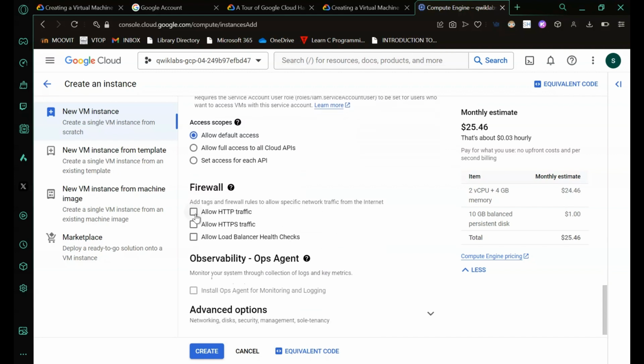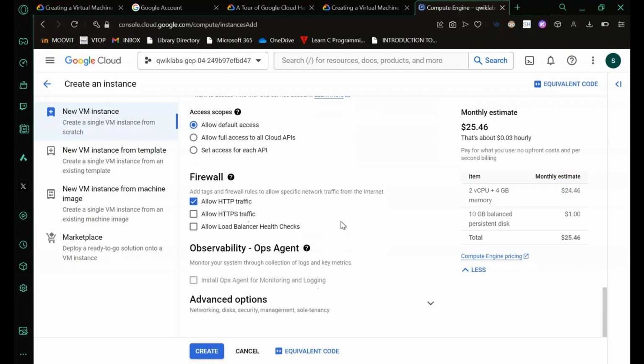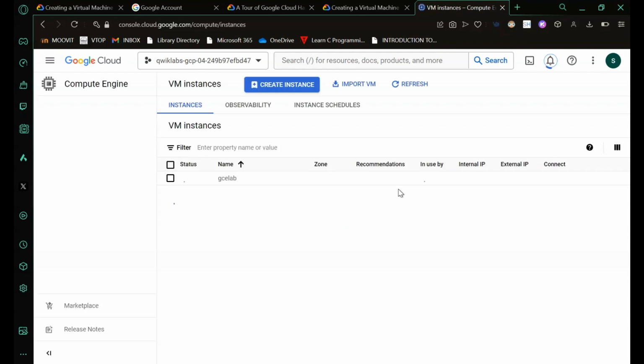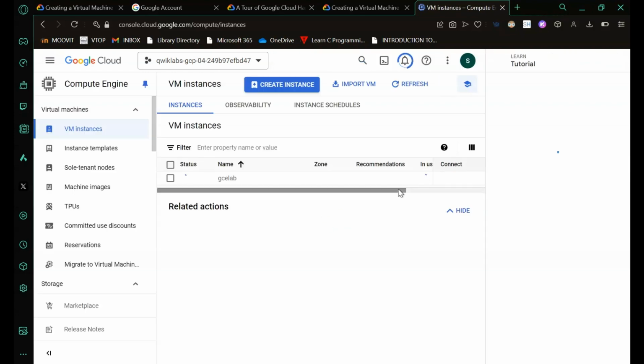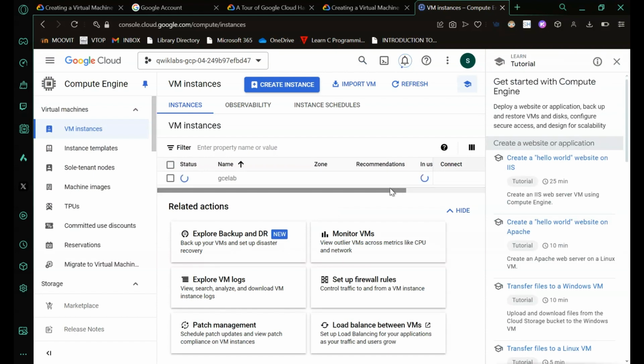And click on allow HTTP traffic, and then click on create. It can take a few minutes to be created. Once it's created, it will show in the instances page.